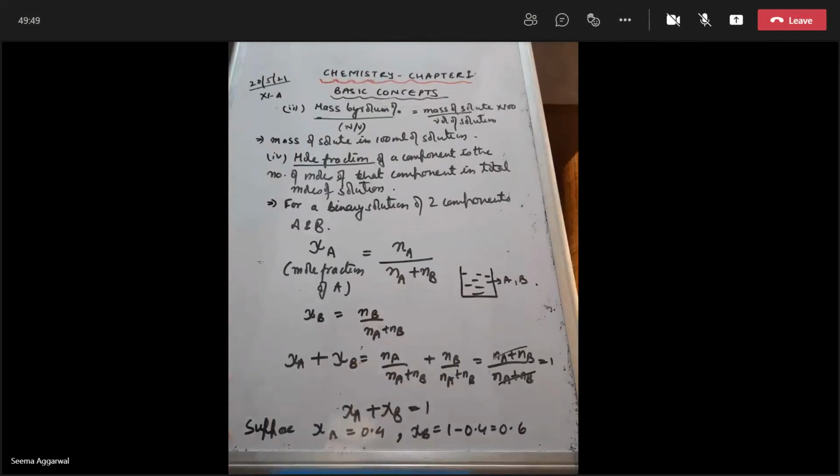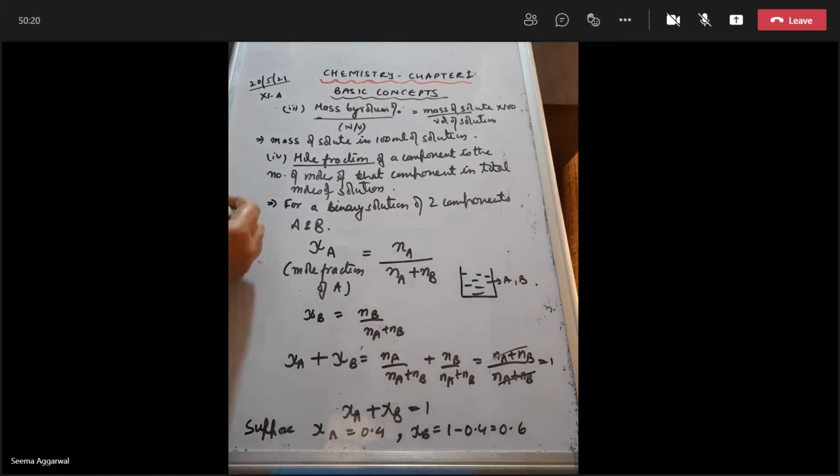Yes. So the various terms that I have told you are mass percent, volume percent, then mass by volume percent and mole fractions. Okay. For the timing, there are a number of more terms, so I will do some extra also. So this is the last part of the chapter. I am first taking the numericals based on this, and a few questions I am giving you for the homework.